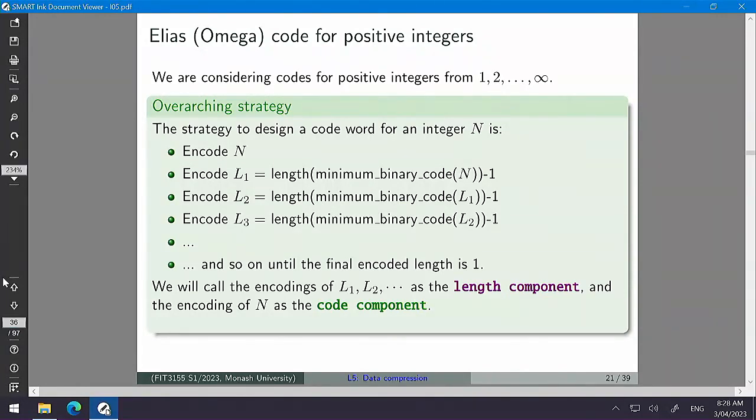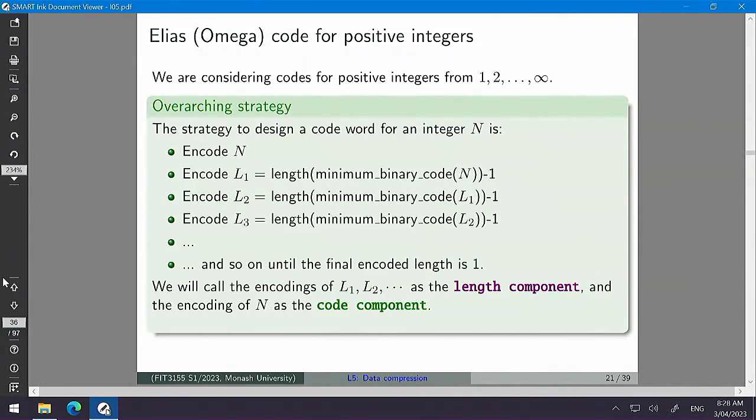I encode 3. 1, 1. Change that to a 0. So I'm just going to call it 0, 1. That's still 2 bits. 2 minus 1 is 1. 1 is 1 in binary. I change that to a 0. So I'm going to call that a 0. And then the length is 1 bit. Stop. So my code for 561, what's Elias code, it's a specific code of Elias, is 0, 0, 1, 0,